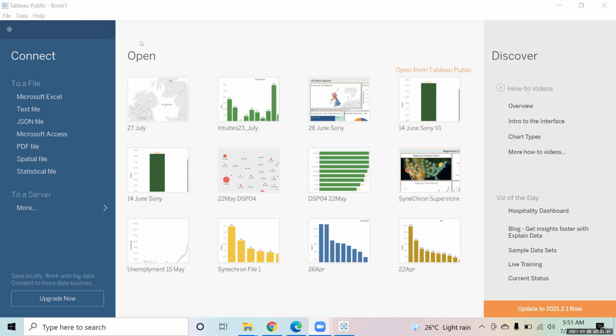So let's jump onto the tablet. So we'll click on Excel and try to load the data over here. Right. So 1,000 startups. So you can all load this. So you'll have to create a join between the two files.